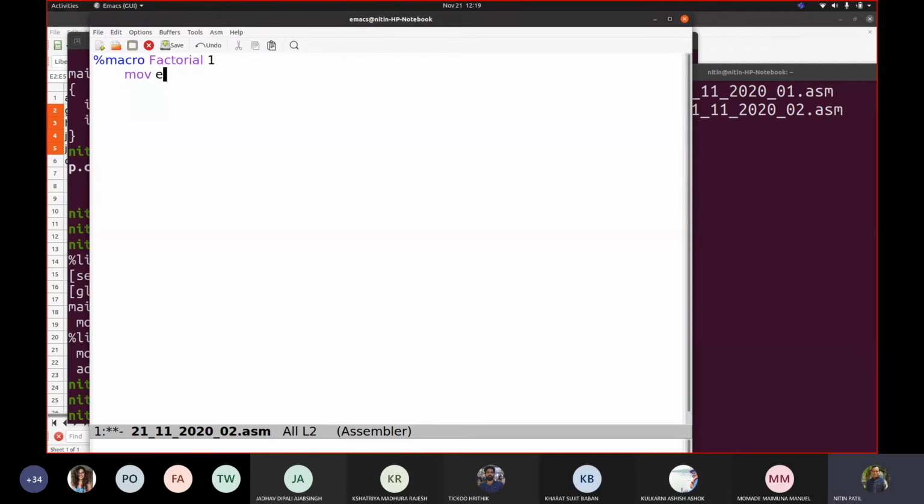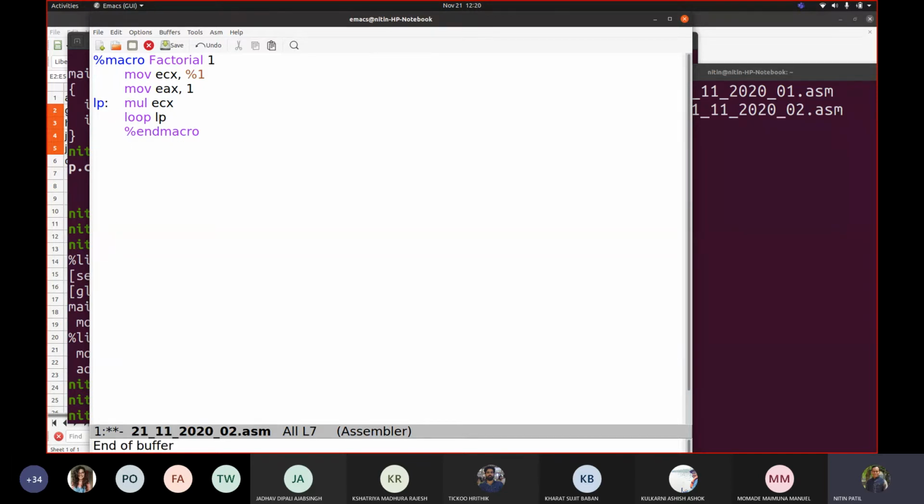So let us say mov ecx, %1, then mov eax, 1 because we want to calculate factorial, mul ecx, decrement, or we'll write loop lp. Fine. And with this, the macro definition is done, %endmacro.